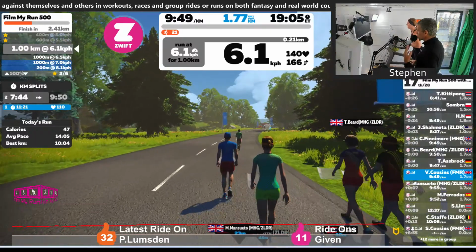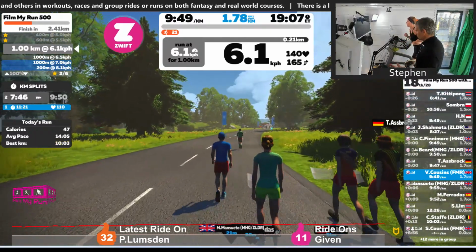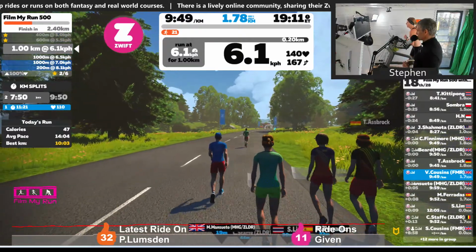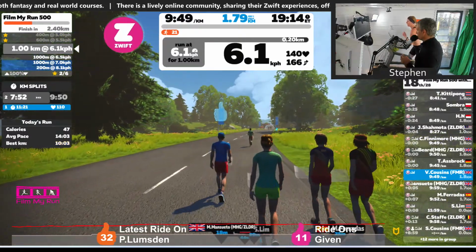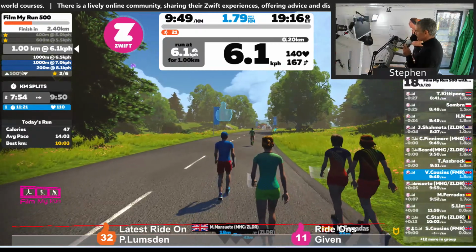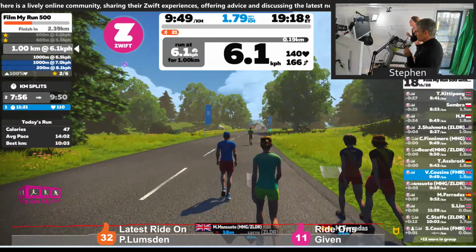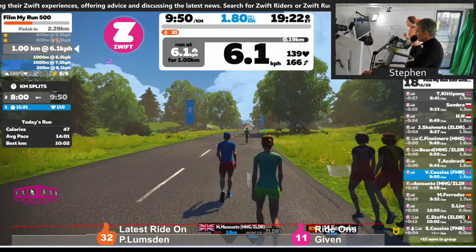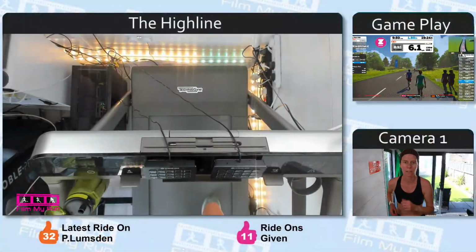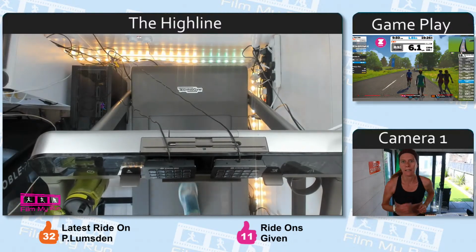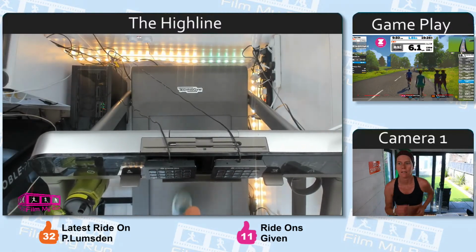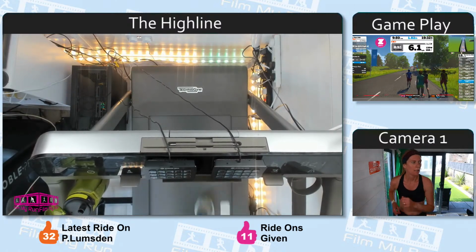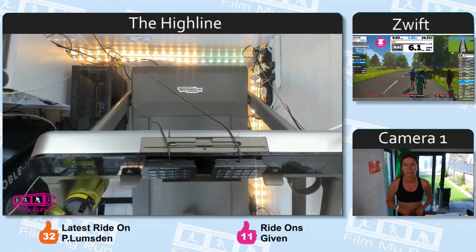Well known within the running community, not really wider than that. She's not an elite runner, but she has won races, and she's a decent runner. It'll be interesting to see how the Peloton audience reacts to that.